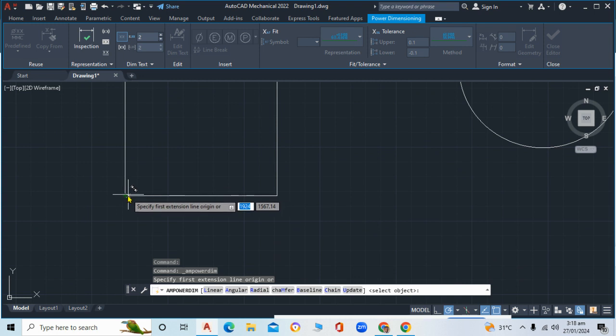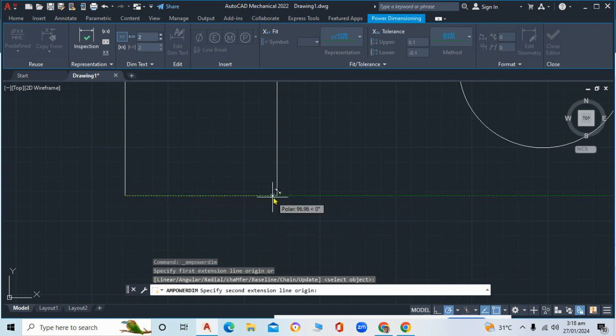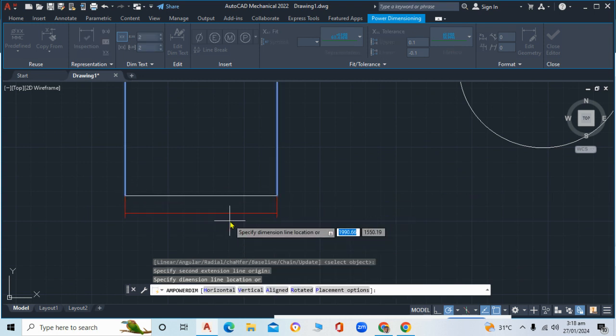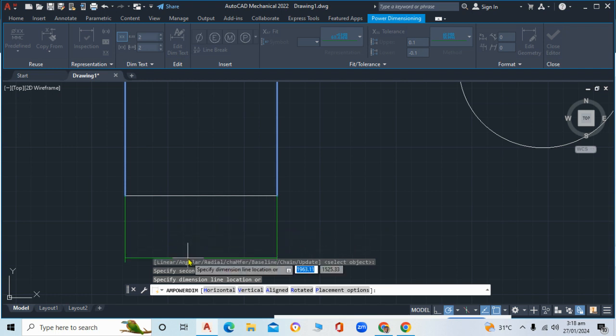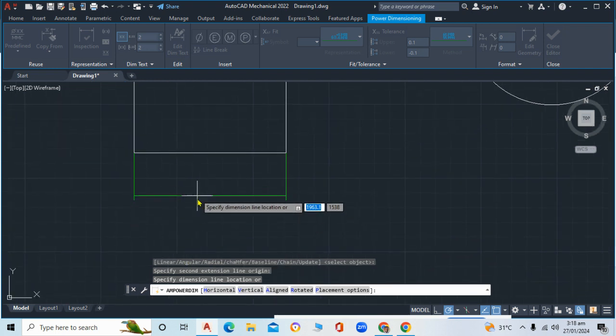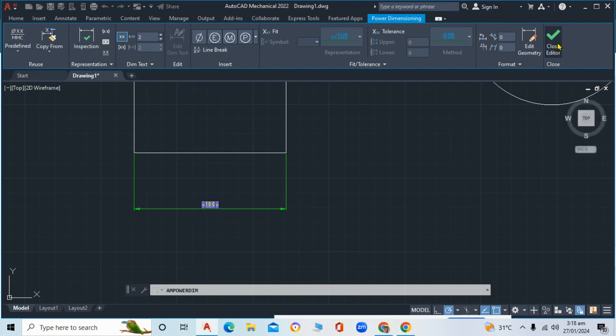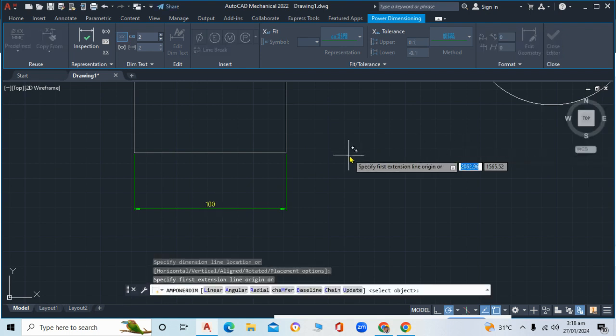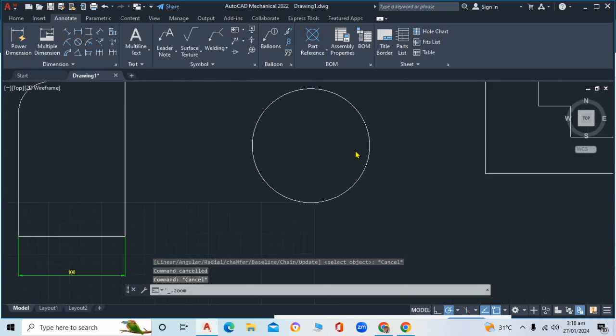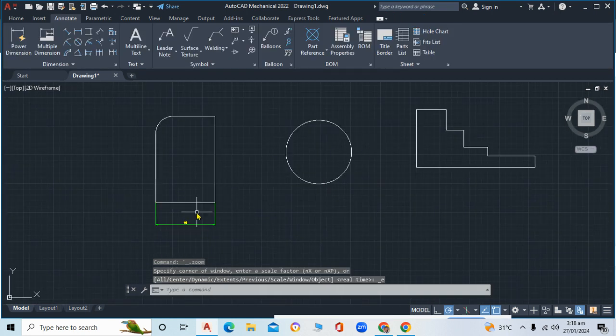Let's see how you can apply the power dimension. So if I click on this side and I click on this side, it automatically detects that you want to create a text in this orientation, horizontal, and if I leave it here, then that's how it will be. Okay, I click on close editor and then I am done with my dimensions. Press escape on your keyboard, then you come back to default. Okay, so this is the dimension after I zoomed out a little bit,